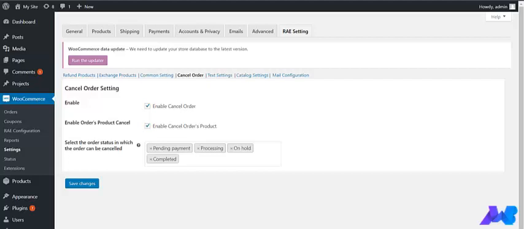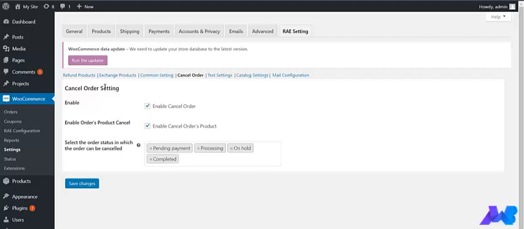Guys, in today's demonstration, I am going to tell you about WooCommerce cancellation of the products with RMA, which is Refund Monetary Authorization. Guys, the most important and the powerful feature of this extension is that it is going to work for both the logged in users as well as for the guest users. So consequently, all the benefits are going to be provided to both of them. So guys, let us begin the main process and see what are the exciting features this plugin is going to provide you.